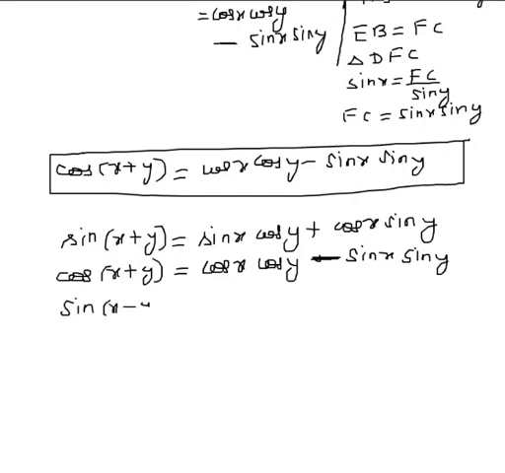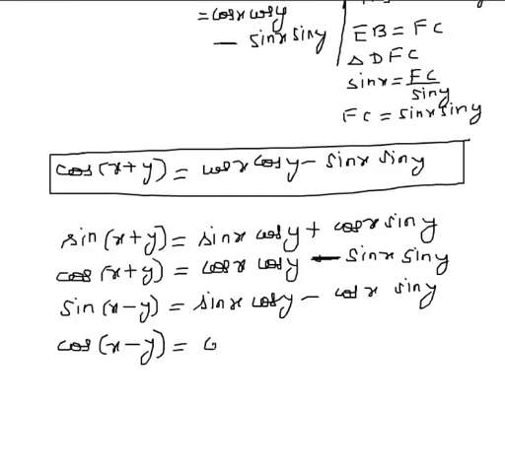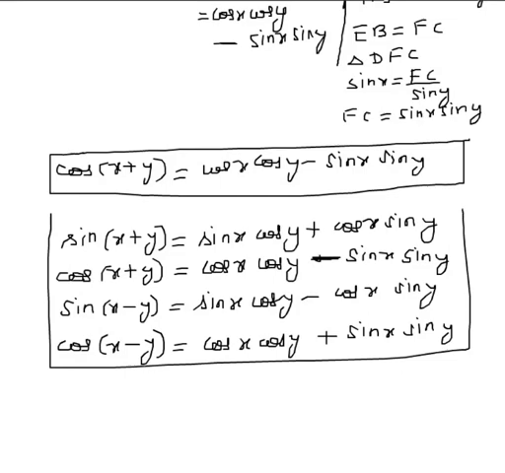Now sin of x minus y, sin x cos y minus cos x sin y. Cos of x minus y is equal to cos x cos y plus sin x sin y. Memorize these 4 formulae